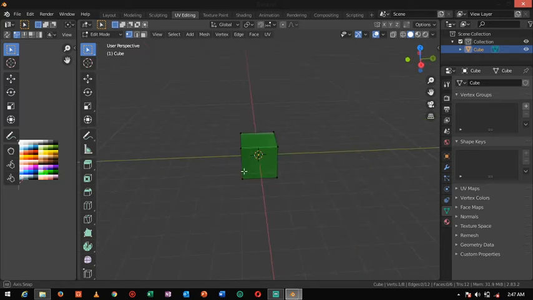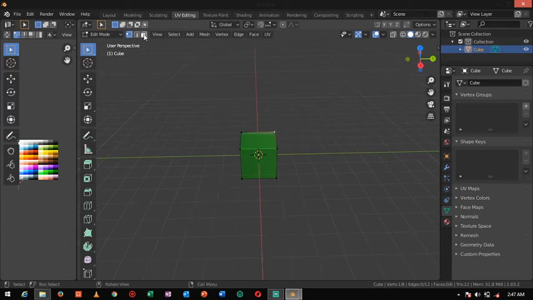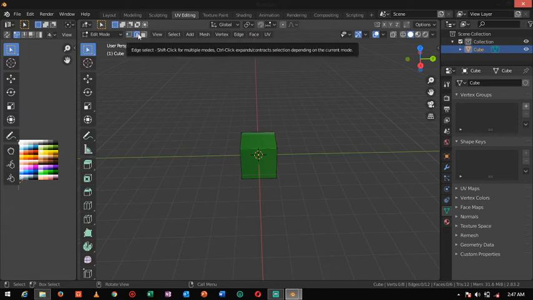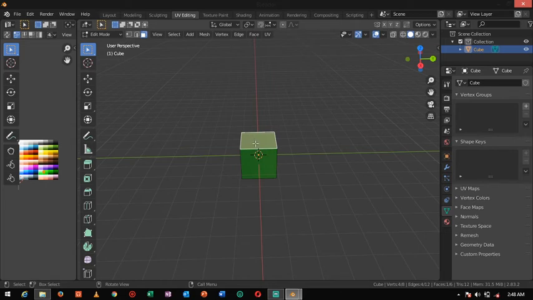If you want to change the upper color, like the first face, go here. Here you can see this is the vertex, this one is the edge. If you want to color this edge, you can use this. I want to select faces, so I'll go for this. I selected this face, and I need to color it red.